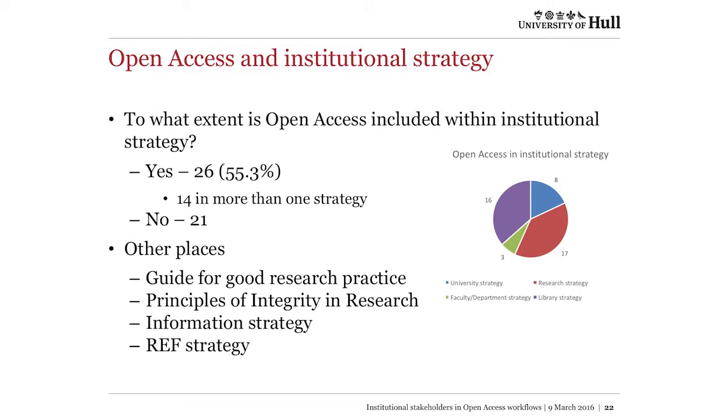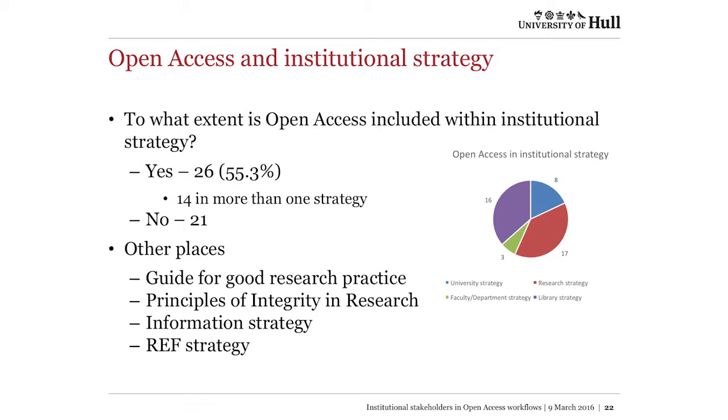Key to me then, if we want OA to work better, and we recognise those internal reasons, is how can we actually raise the profile of open access institutionally in order to provide some backing, some oomph behind addressing those points? And that led on to the next part of the investigation, which was about how open access is embedded within your strategies. Now, I realise, of course, this makes a huge assumption that if you embed something in a strategy, then more people will pay attention to it. So that may vary itself, but as a way of getting attention to a matter, getting discussion around it, getting something mentioned in an institutional strategy of some sort is a common way of raising the level of discussion about it. So, 55% of the respondents did have open access mentioned in one of their strategies,